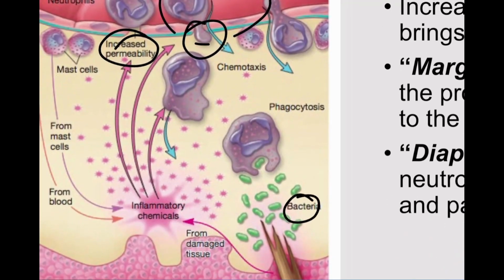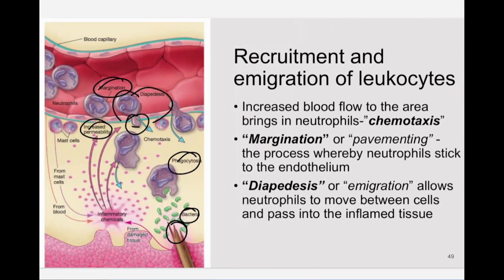And you can see here's the bacteria, here's the splinter, the injury that's going on. There's our phagocytosis, eating up all these little debris, cleaning up the area, getting it ready for healing. So that's the second phase. White blood cells start pavementing, or emigrating: margination to the endothelial wall, and then diapedesis, or the immigration, finally getting through the wall of the blood vessel into the interstitial space.